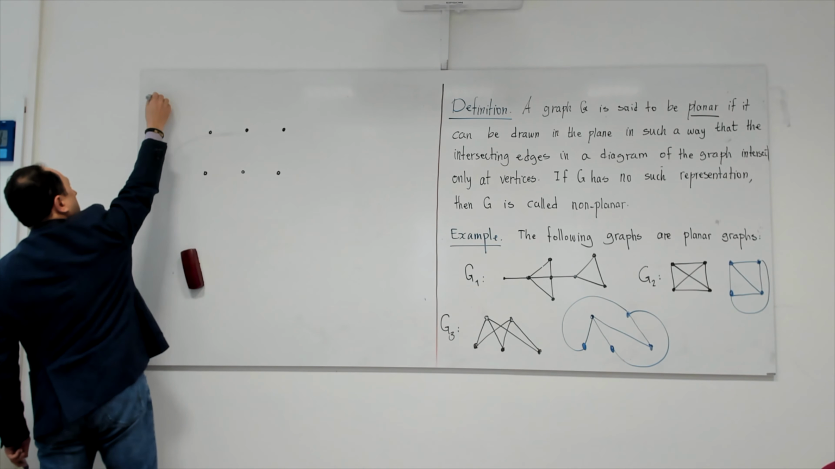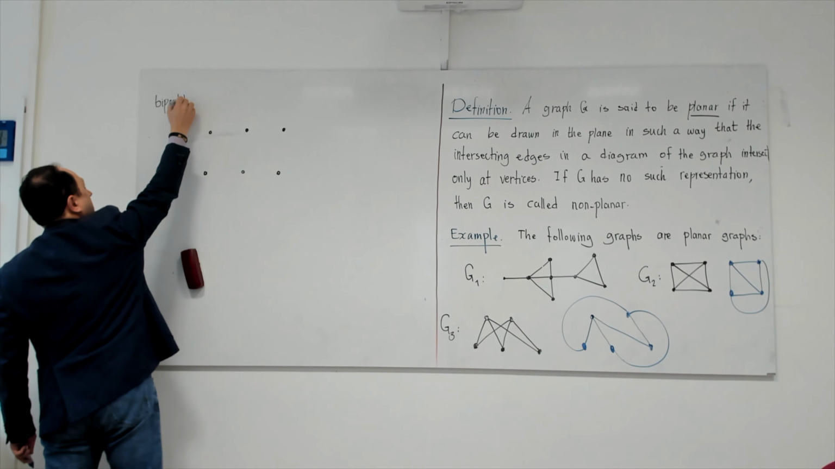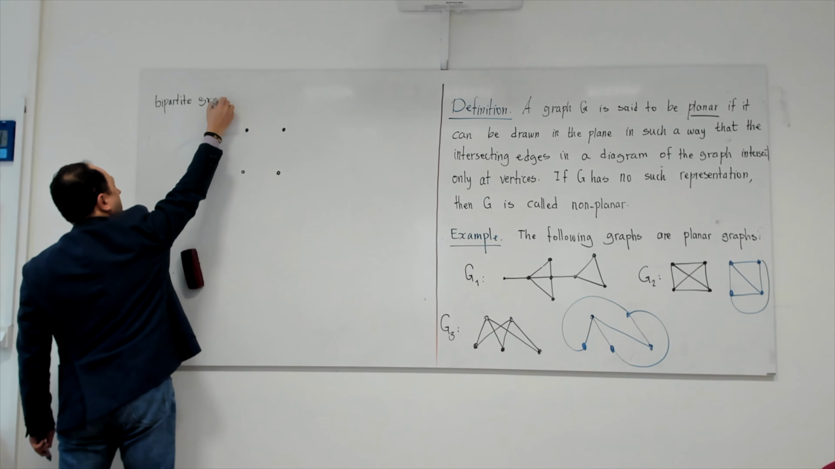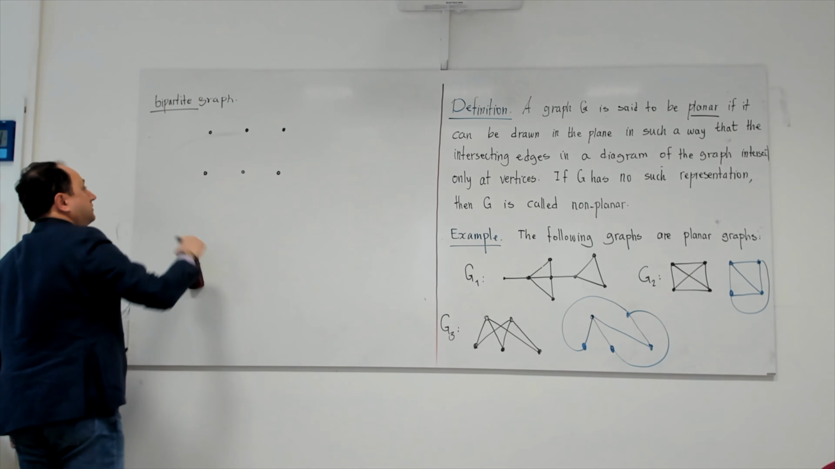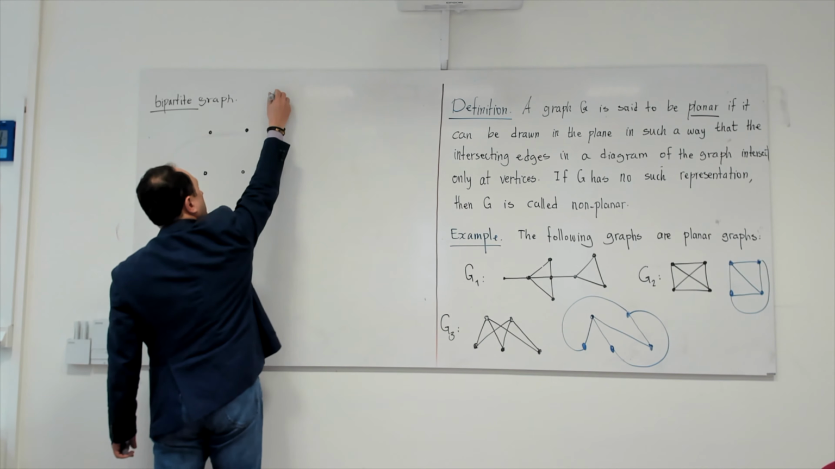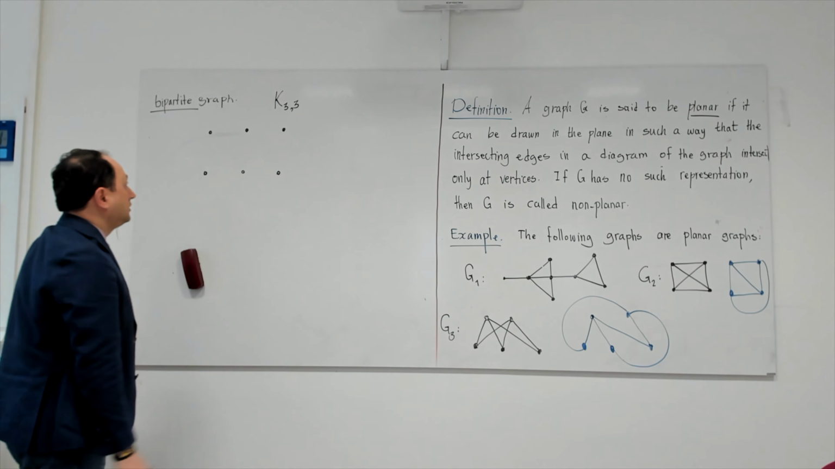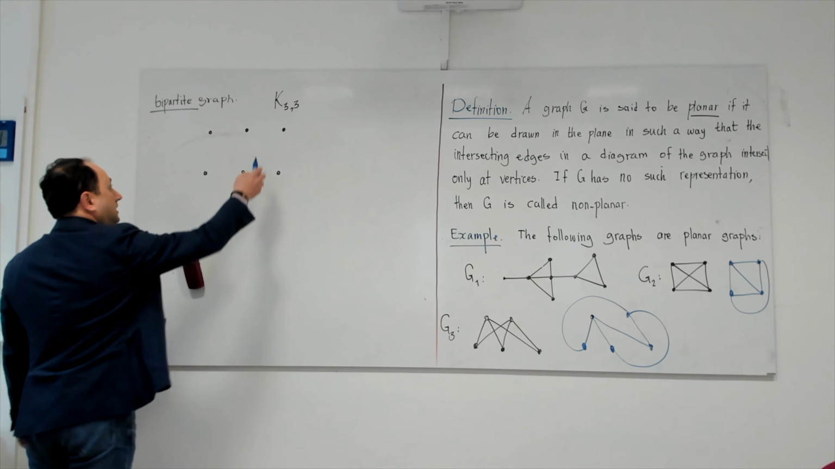So it's called bipartite graph. Let me check the name. I want to check if the spelling and everything is correct. And there is a name for that. They denote it by K3,3. Okay, so it means that a